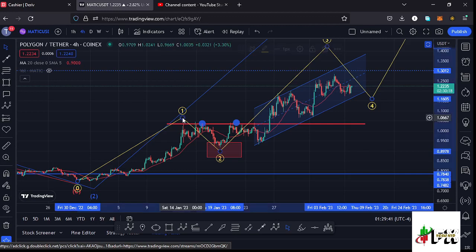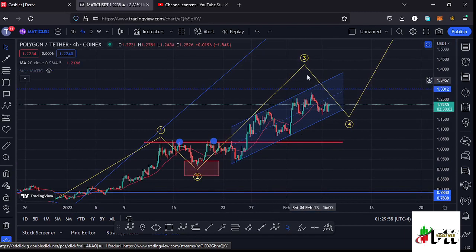where you can see that we made our peak in the formation of this wave 1 at around the $1.05 mark, and after seeing the high for that first wave, we saw a corrective structure in the formation of this wave 2, which retraced back to the area between the fib level 0.382 and the fib level 0.5, and after seeing the low for this wave 2, we expected another bounce to the upside in the formation of this wave 3,